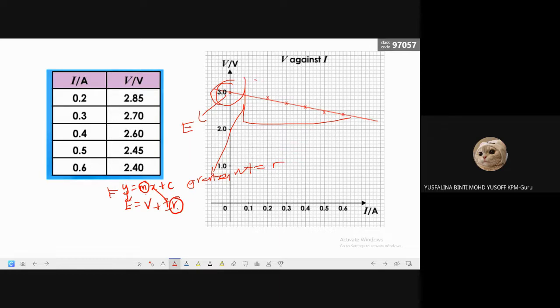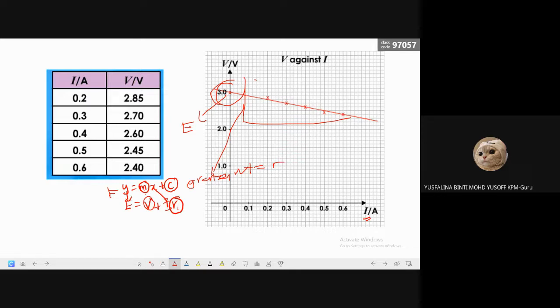You compare with the equation we just learned, E equals V plus IR. So the m is the R, the x is your I, and your c is the V,